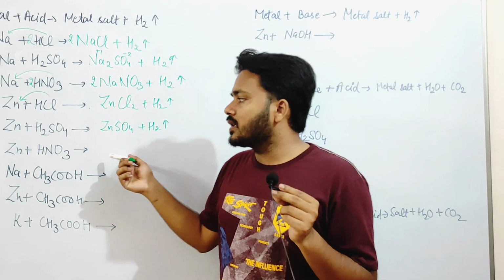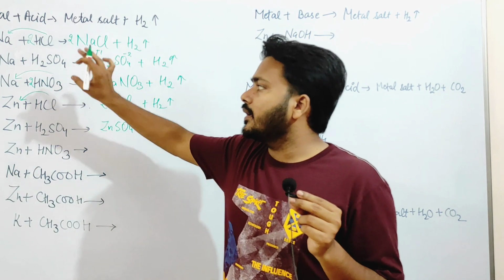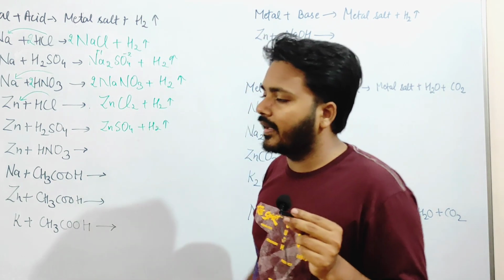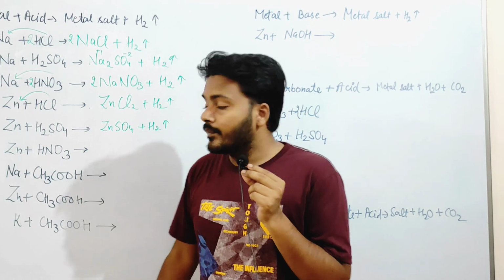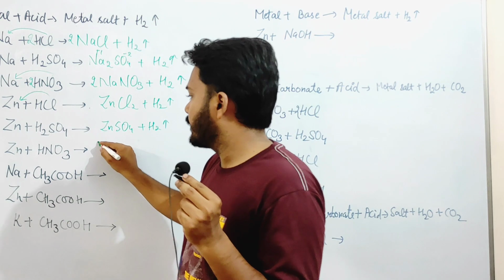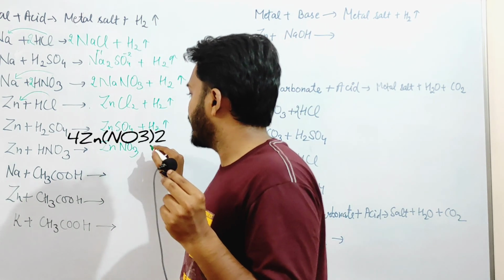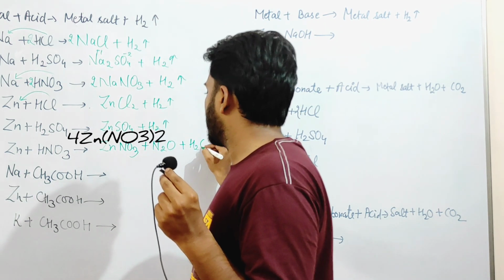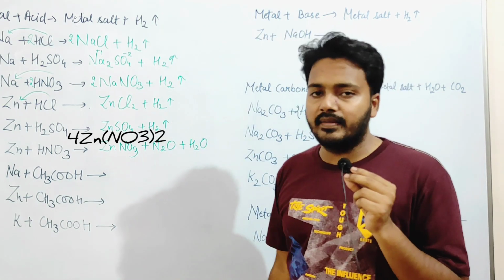Now this reaction is very unique. Why is it very unique? See, nitric acid we have used with sodium. Sodium is very reactive. Sodium salt and hydrogen gas is liberated. But in the case of a moderately reactive metal, nitric acid performs a different reaction. The product is zinc nitrate, nitrogen oxide plus water. So sometimes the question is why this reaction is different from the other reactions.